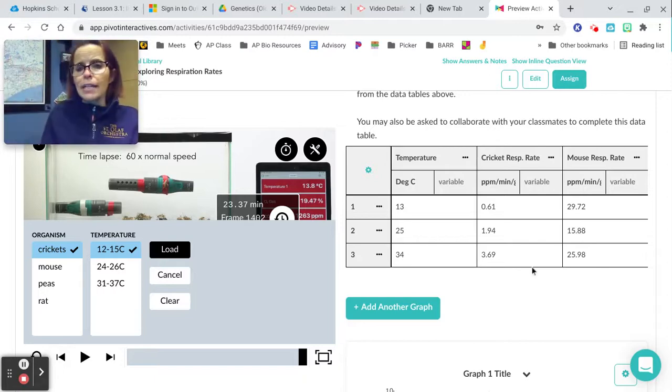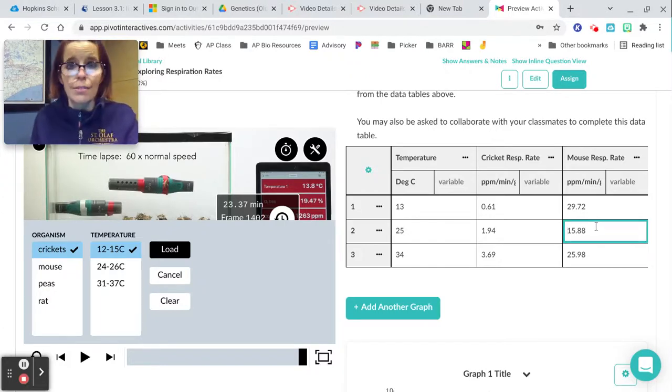Okay, so now the next animal that we're going to look at is the mouse. And again, I'm having the problem of scrolling back and forth. This is going to make me mad. But let me read them to you. Mouse is